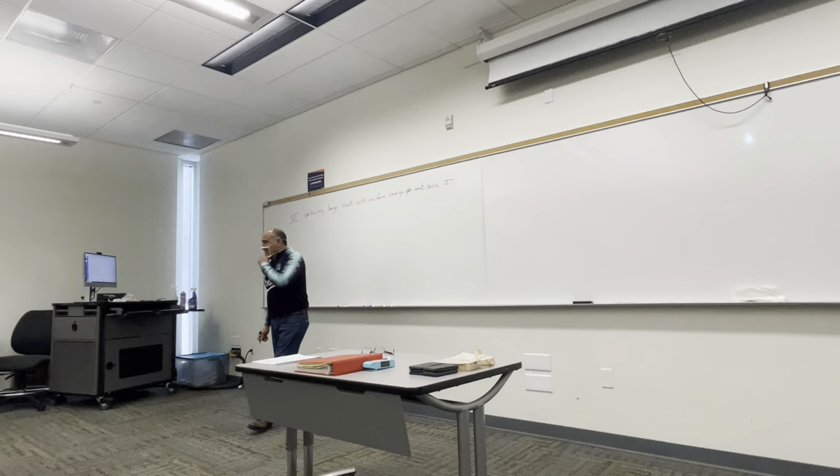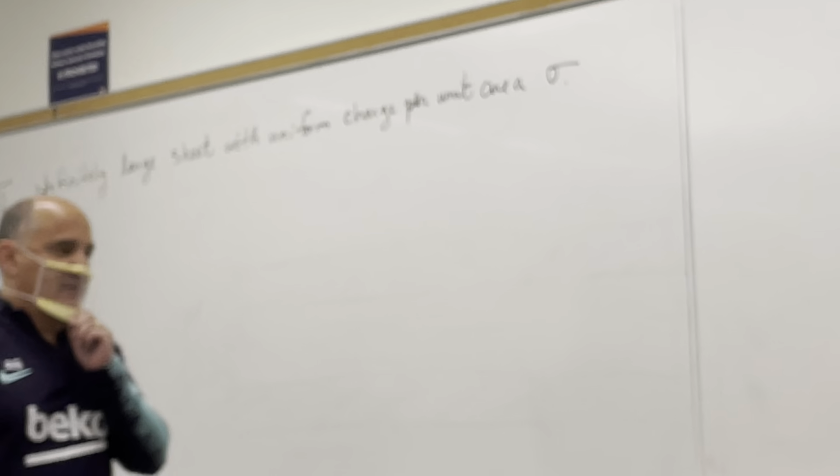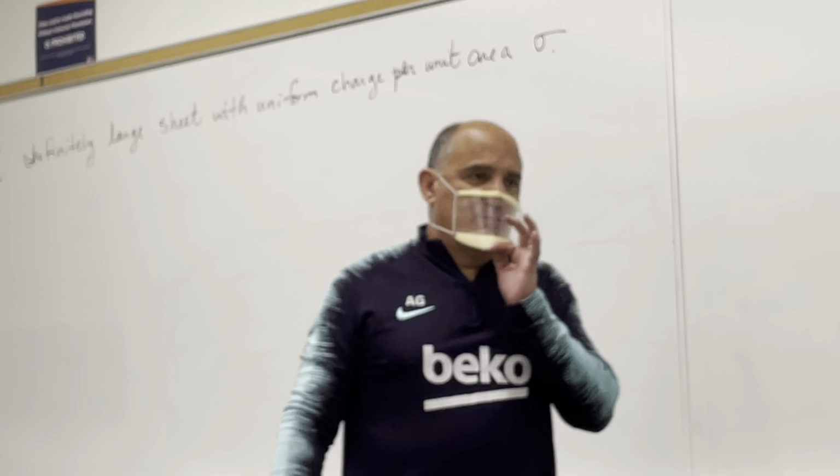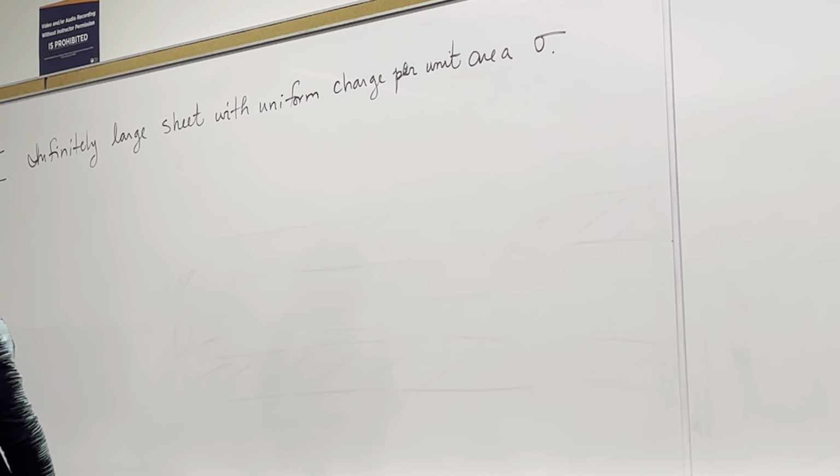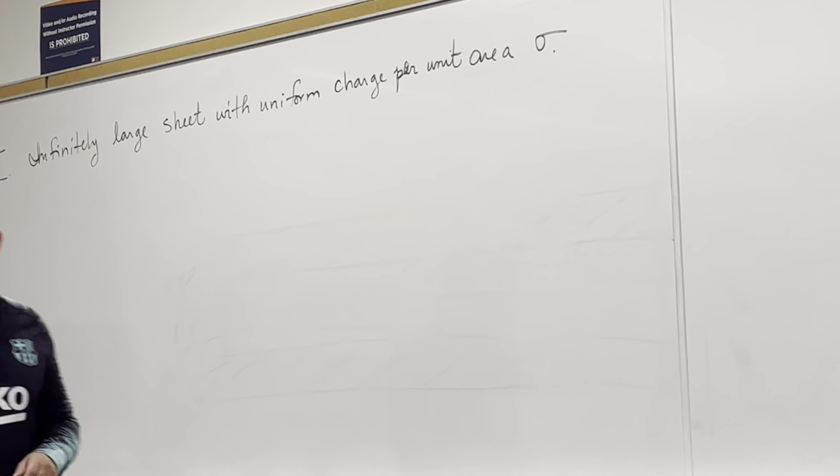So lambda is used to denote charge per unit length. Sigma is charge per unit area. Rho is charge per unit volume. And what I am going to consider